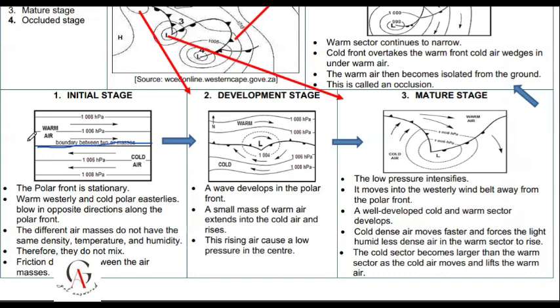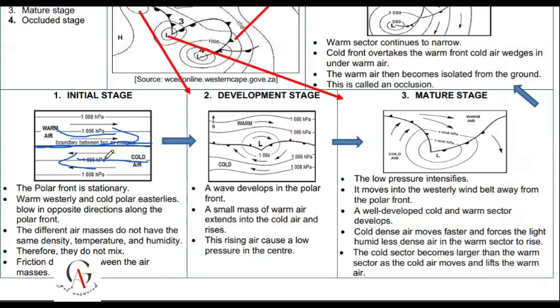So this is our polar front. This one is stationary and permanent, it's stable. It is a fixed boundary which is splitting those two air masses. So the warm air is going in that direction and the cold air is going in that direction. They are squeezing past each other along a stationary polar front. That is the first